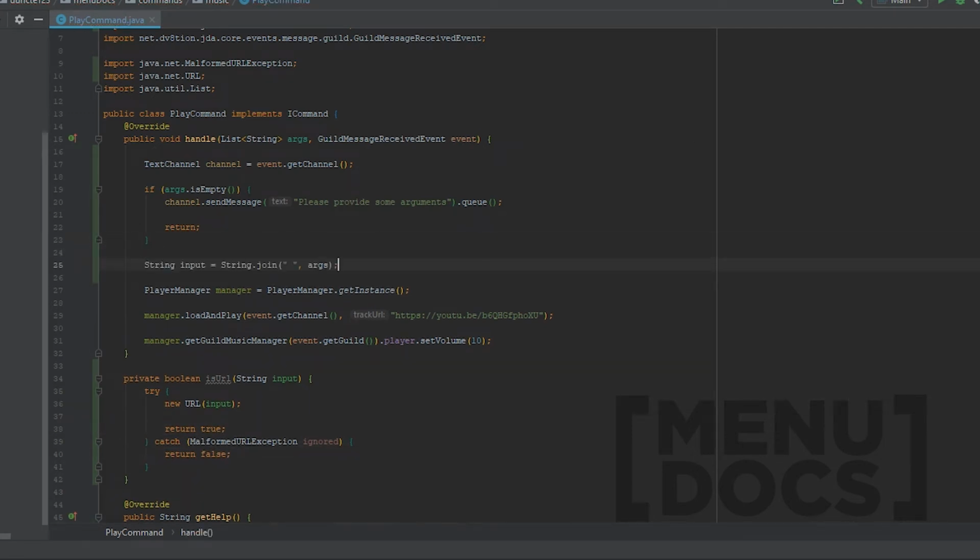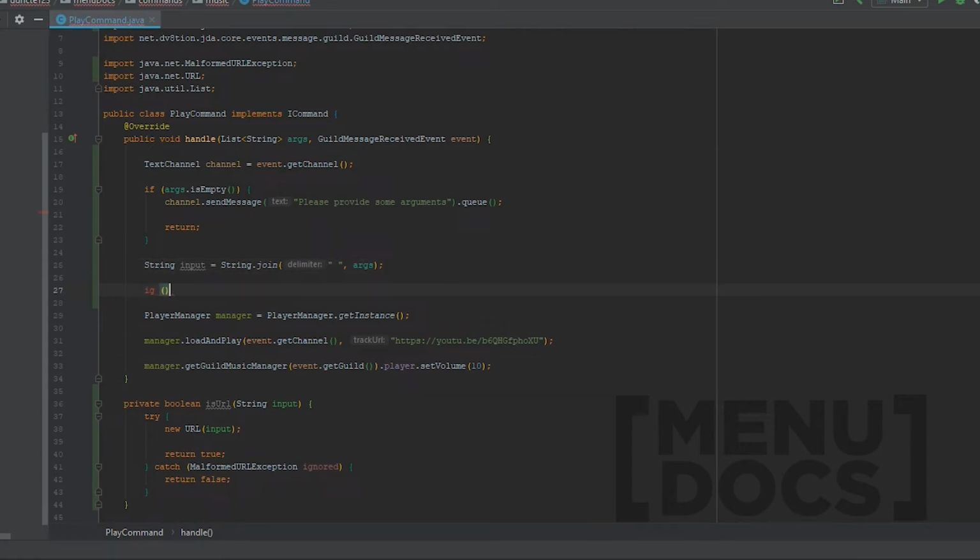So what we're going to do next is join our arguments into one string and make sure that we don't drop the case on it, because if we set our args to lowercase, YouTube links won't work anymore because they are case sensitive. So next up, we're going to check if the input is not a URL and the input starts with ytsearch: